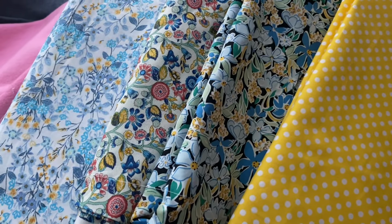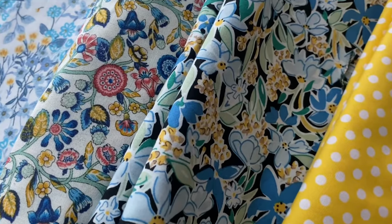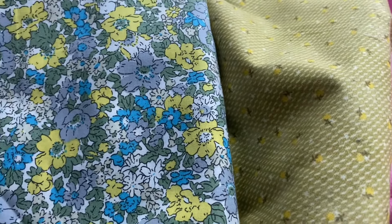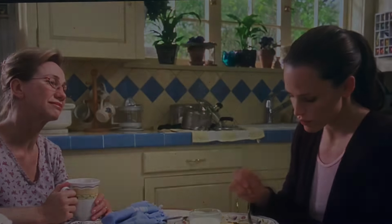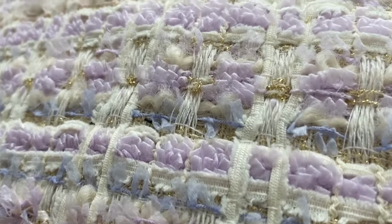I've got all these cotton prints and they're sort of vintage-ish. I think one of them's a Liberty of London. Or I've also got these 2. One's lemon and the other's the colours of the kitchen. So I could make a dress out of them as well. I don't know. I just love that kitchen. It's adorable. Anyway, then she goes back to New York City, and I've got this tweed in sort of mauve,